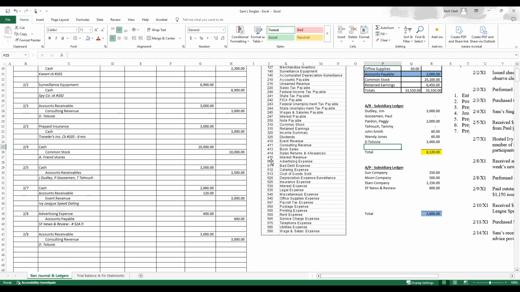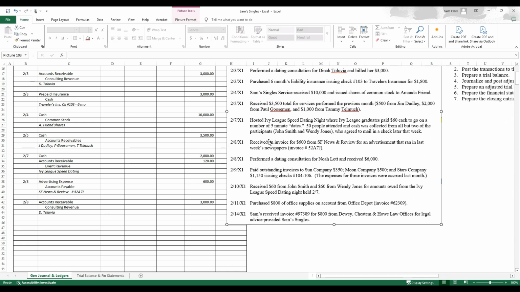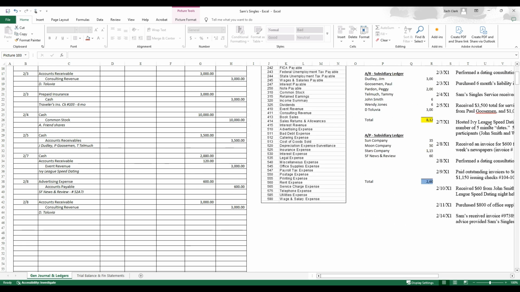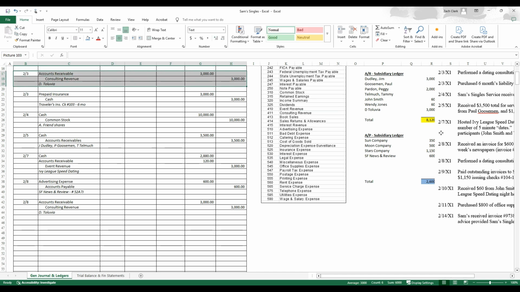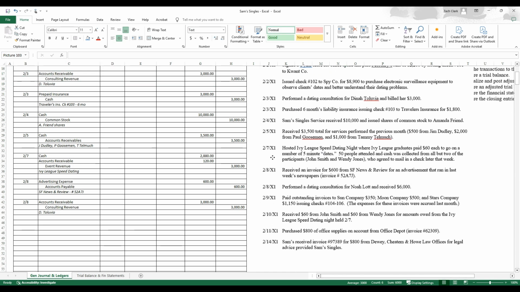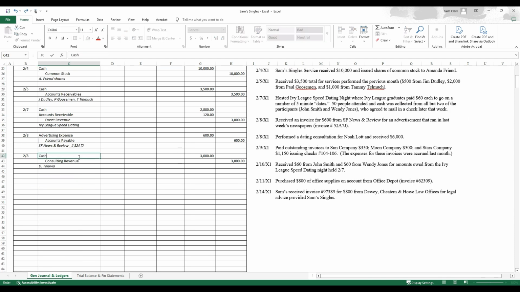3,000. That was previous, and now we've done another one, and I think it says we billed them, right? Oh no, this one we just received the cash, so we don't need any more AR. But I had forgotten to do it for this entry up here, so I now included that in the subledger. Okay, cash. He paid us in cash. That was $6,000, and this was in